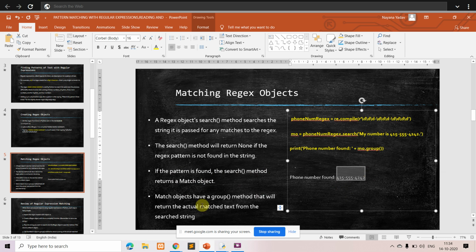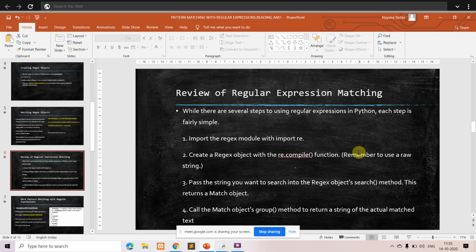The matched object has a group method that will return the actual matched text from the search string. So it is displayed in the form of a group here. About group in detail we have a few programs, we'll see that.